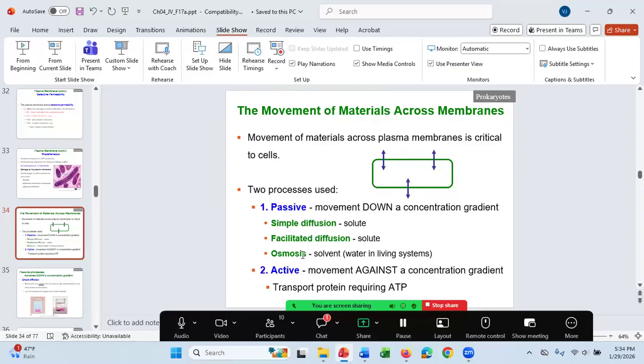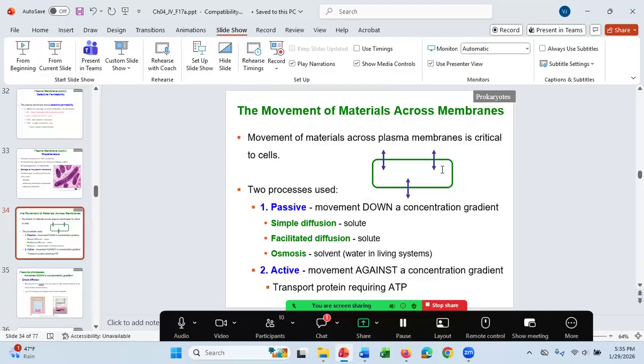Osmosis is the movement of water across a membrane from areas of high concentration to areas of low concentration. Water is a solvent, and osmosis is specifically the movement of water across a membrane from areas of high concentration to areas of low concentration. Any question about that? So osmosis happens by a solvent,